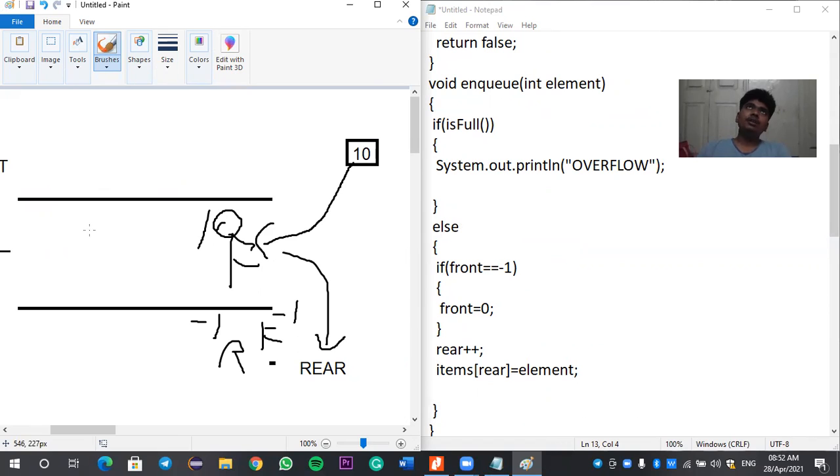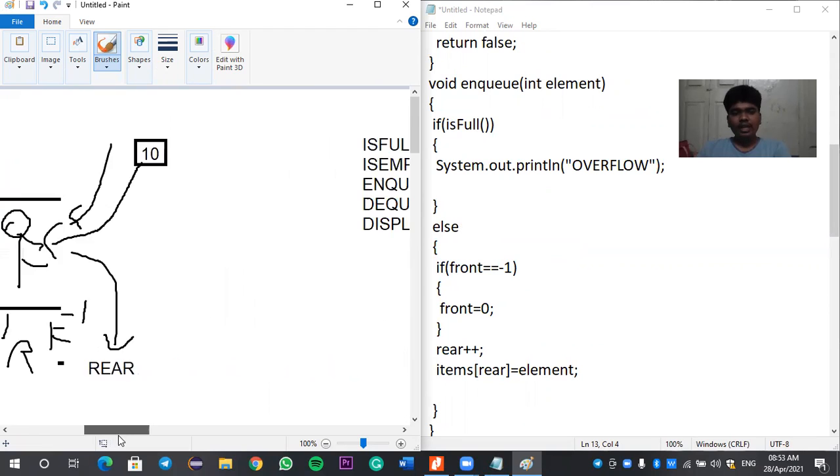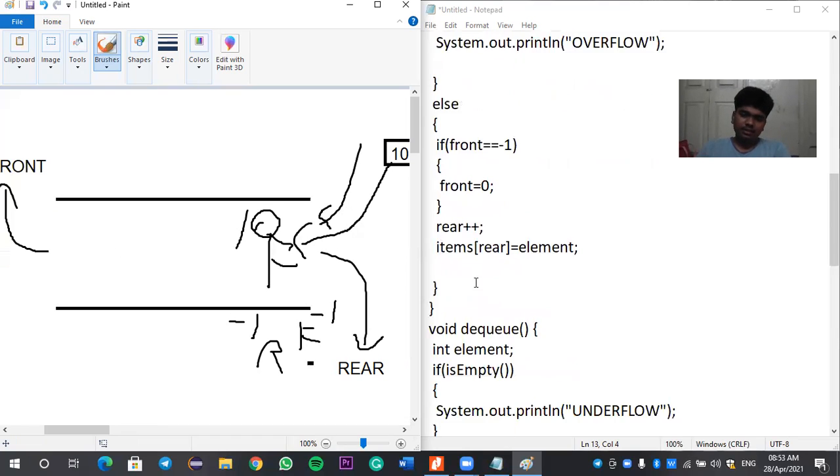So as we need to insert the element with the help of rear, as I said before, we are going to insert the element with the help of rear, and we are going to delete the element with the help of front. So we need to just maintain this rule in the queue. We are just incrementing the value of the rear by just keeping the value of the front in its initial position. So there is not much confusion. We are just incrementing the value of the rear till the last, where we are just placing this front in this position. So let us just see this dequeue.